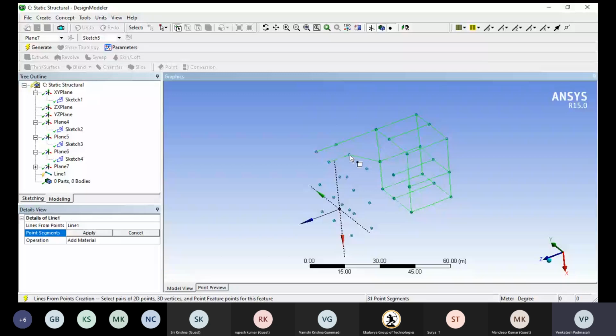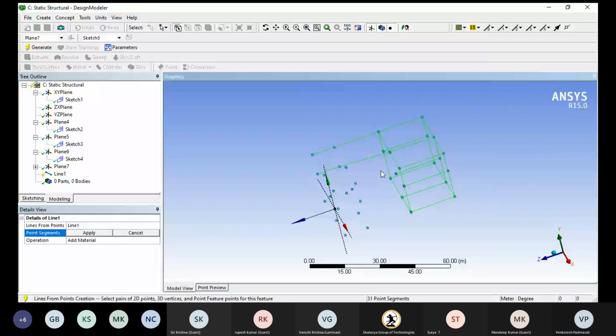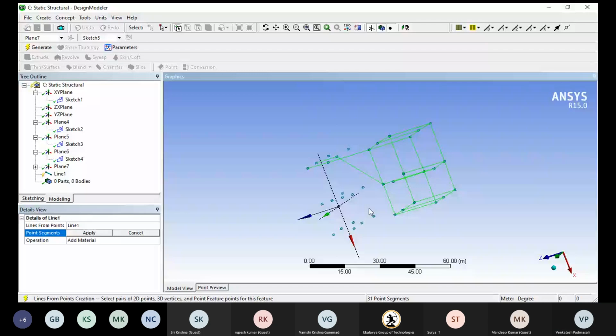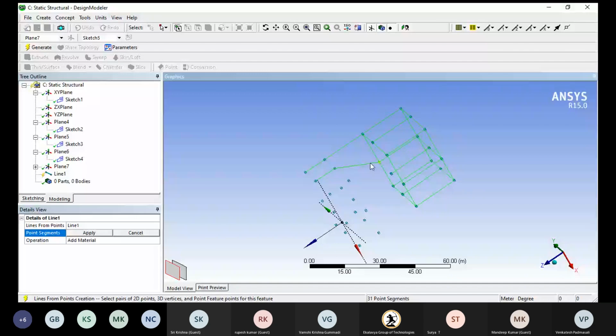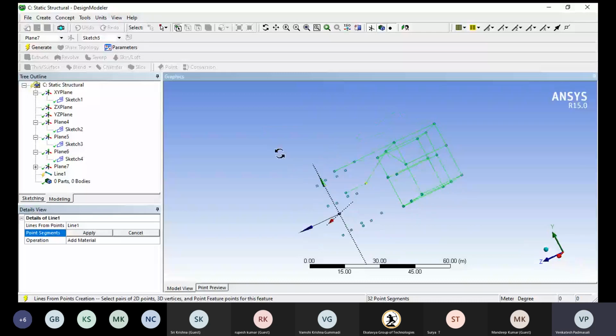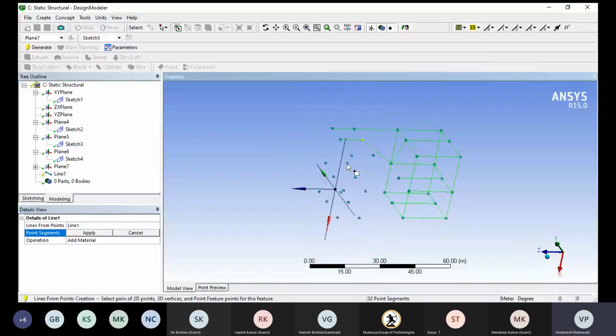Sorry, Control Z. Reselect the point. Okay, need to continue.